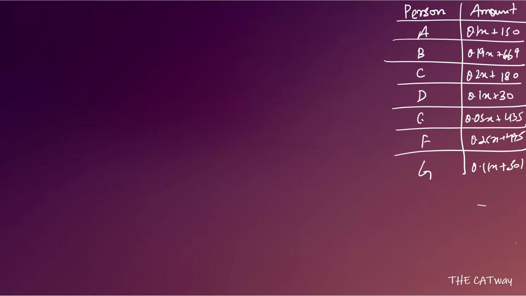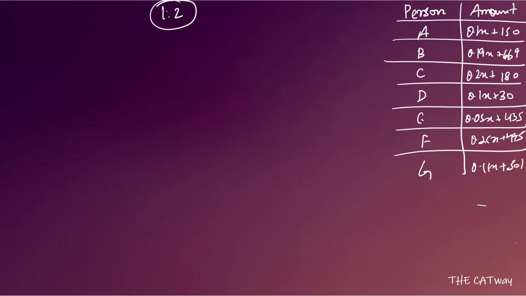Acha, now what we have been given is that the person with the least amount of money and the person with the second least amount of money, the ratio between them is 1 is to 2. So if we can find the person with the least amount of money and the person with the second least amount of money, we can get our value of x. And when we have a value of x, everything would be very simple, because that's the only thing which we need to solve this set. So let us find out who is the least and the second least.